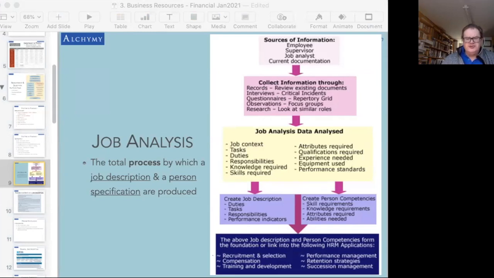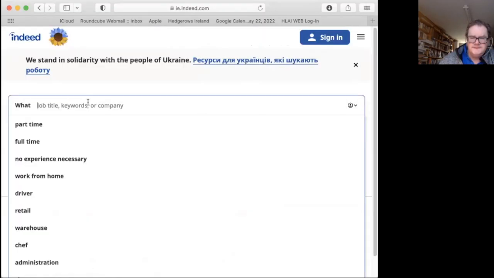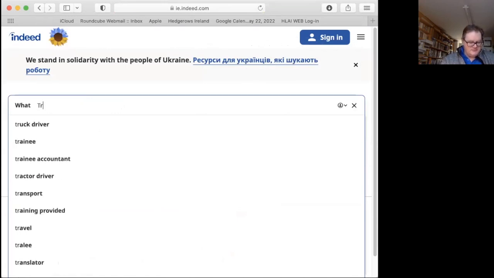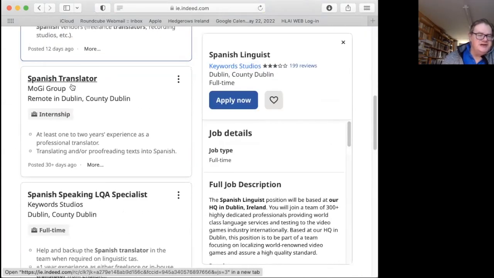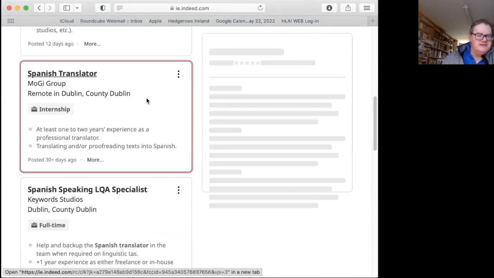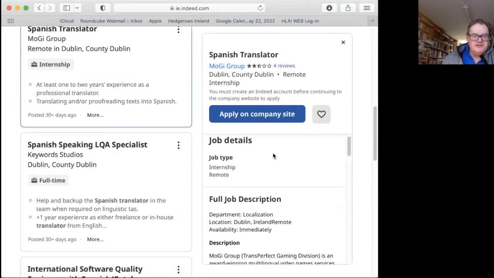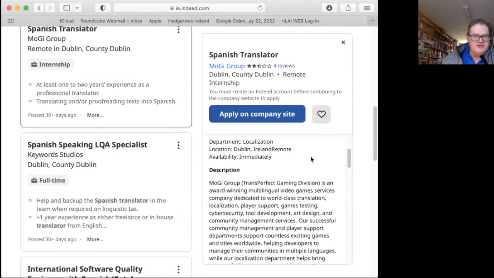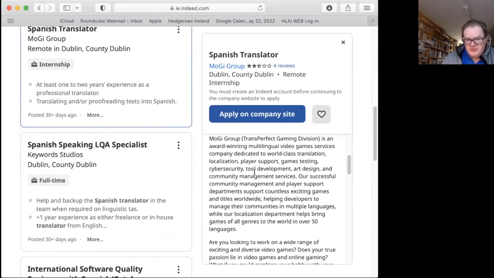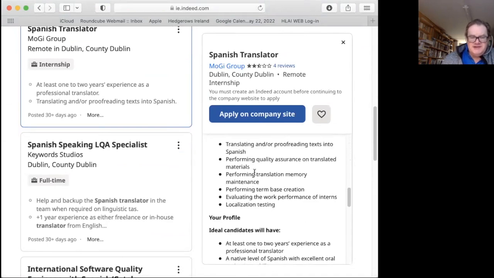So somebody pick a job. What job would you like to be doing? Translator. Spanish translator for the Mogi group working in Dublin. Let's see. Here's some information on the job description about the organization, responsibilities to be able to